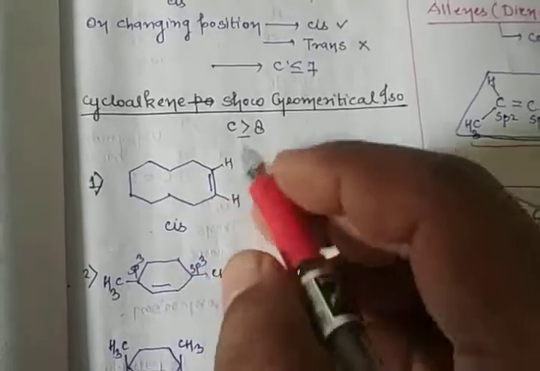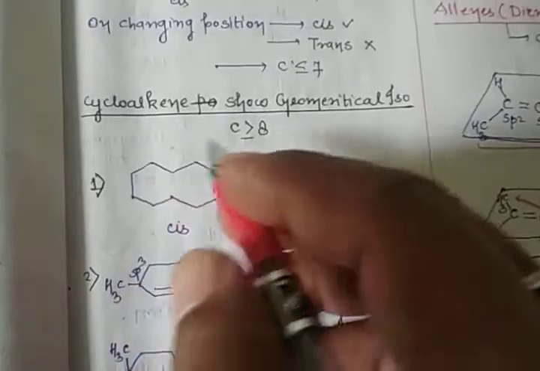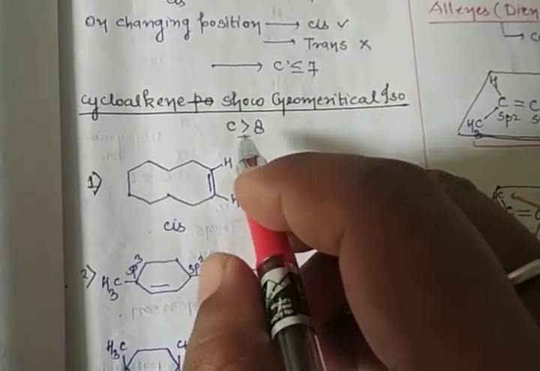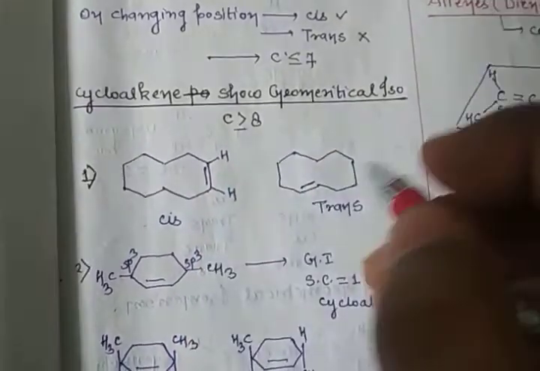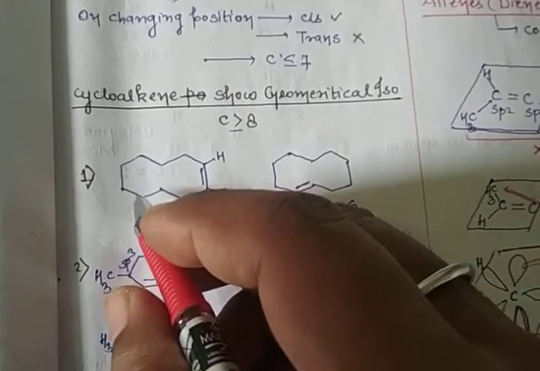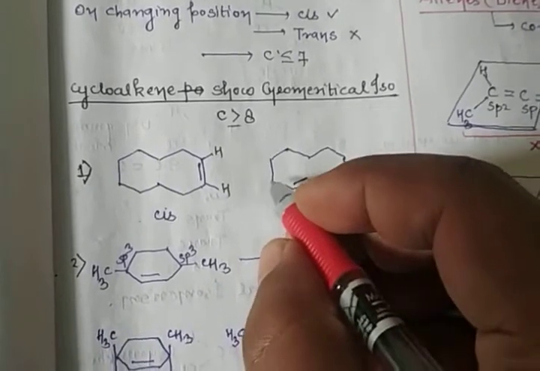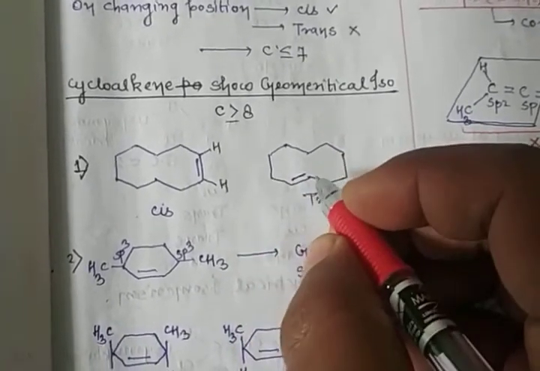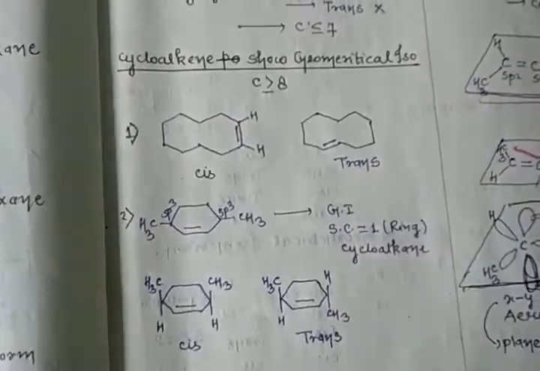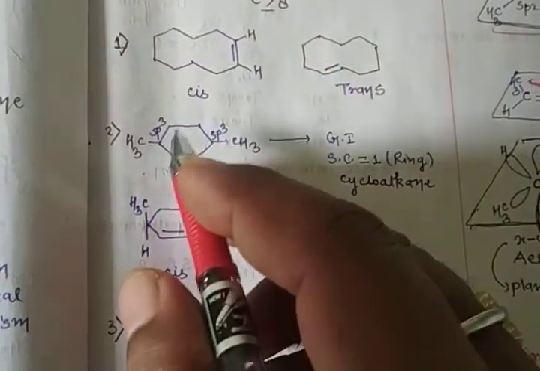And you know very well, suppose you change the double bond from this side, because double bond rotation is also there if carbon is equal to 8 or greater than 8. So now you shift the double bond to this side. Okay, so now look, just check, carbon carbon double bond is there, and the top side is a group and the down side is hydrogen. Now the down side is a group and the top side is hydrogen, so that is also possible. Clear? Okay, now just check, this is also a cycloalkene example.